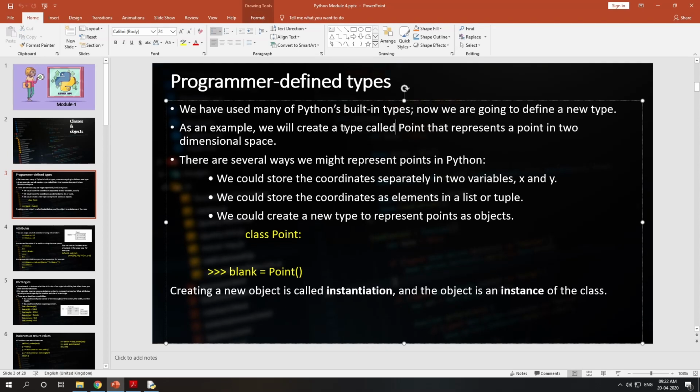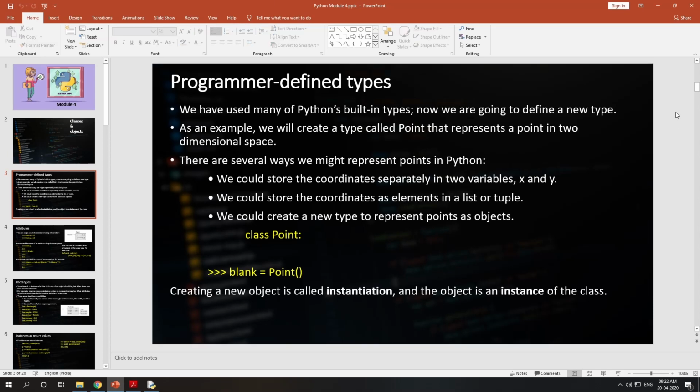Here we will create a class called point that represents a point in two-dimensional space. How do you represent a point in two-dimensional space? As x comma y, a value on x and a value on y represent a point. There are several ways we might represent points in Python.